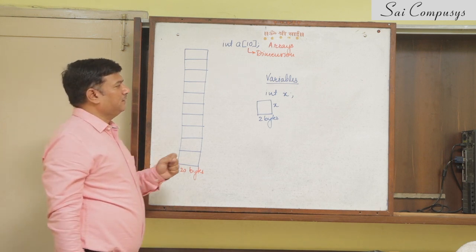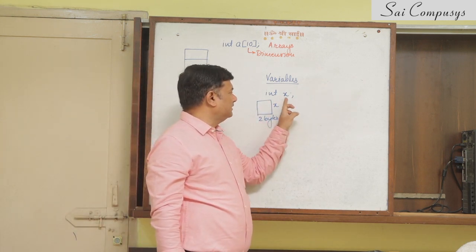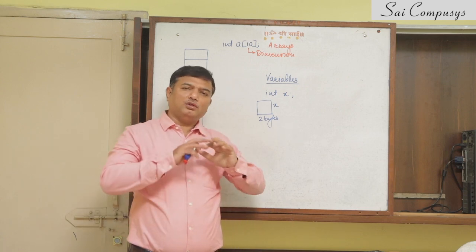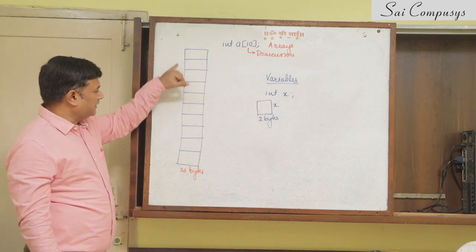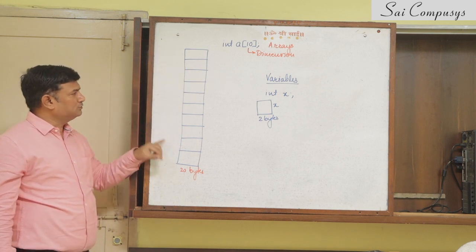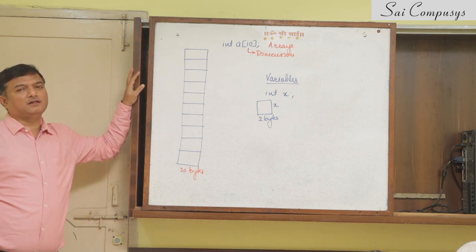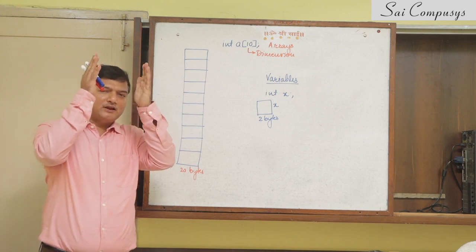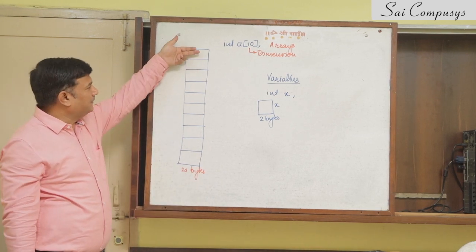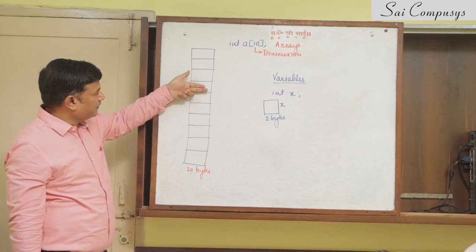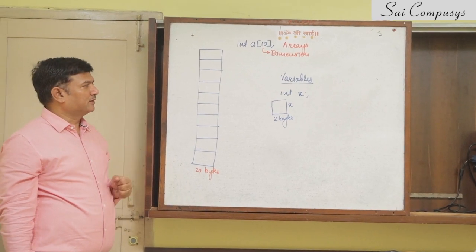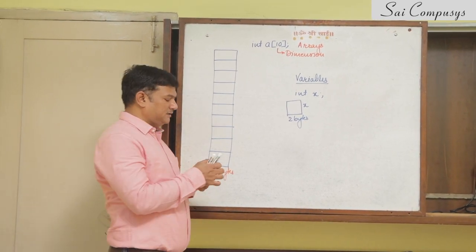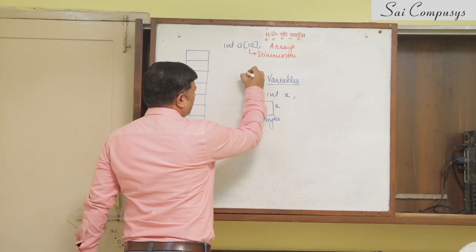If I create 10 separate variables by this method, all the 10 variables will be scattered in the memory. Can you see the advantage? These 10 values will be stored one after another in the memory. The 20 bytes can hold 10 integer numbers, and the 10 numbers can be stored one after another in the memory. One more thing.